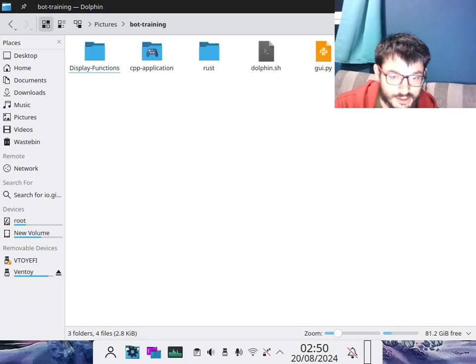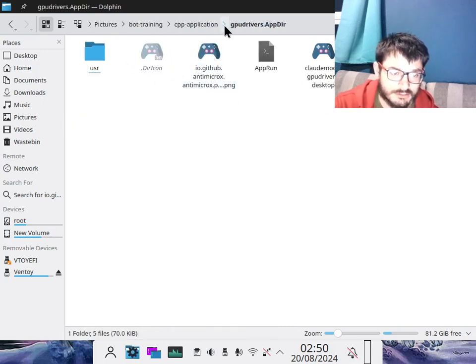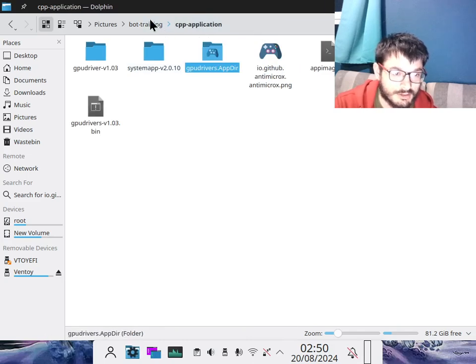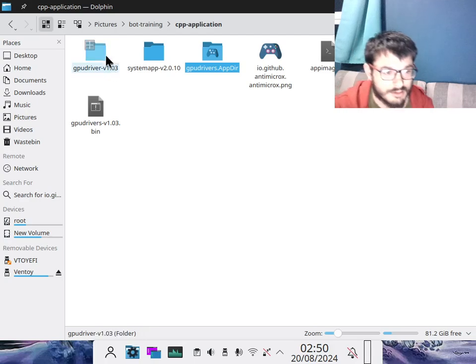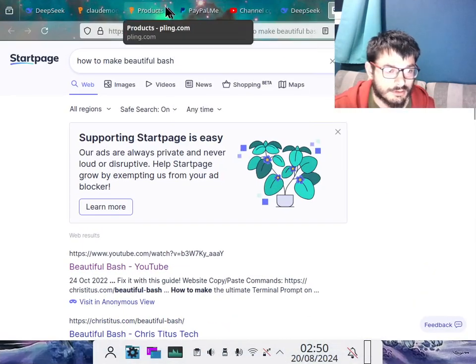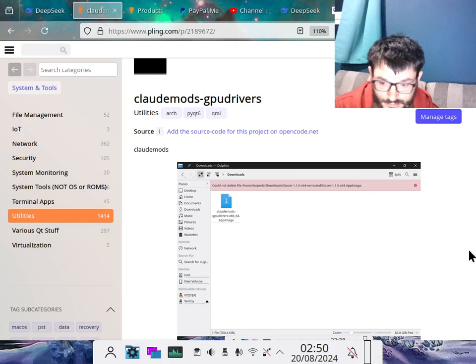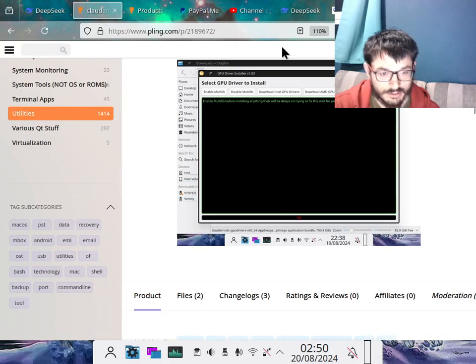I've got a little folder made with a tutorial template to make an app image. I just made an app image and put it online, so I could download that. We're going to go online and showcase the app image that's just been updated, and that's the